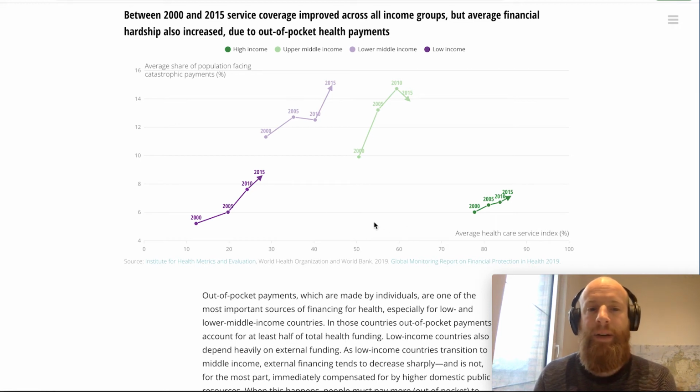The interesting thing here is that you have a low share of population facing catastrophic payments both in high income and low income countries. In the upper middle and lower middle income countries, this share is much higher. And the interpretation that is given to this, and this is also explained in the text, is that in high income countries, the state or the government covers a lot of the healthcare expenses. So people don't have to pay the full bill themselves because the government is paying all or part of the